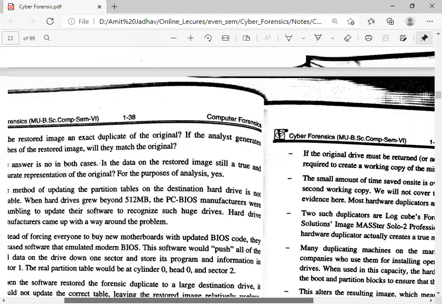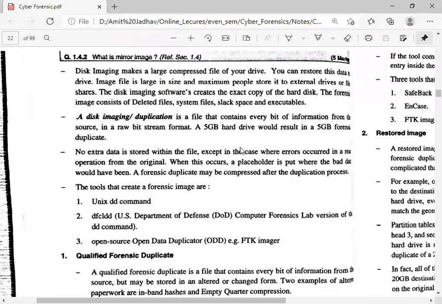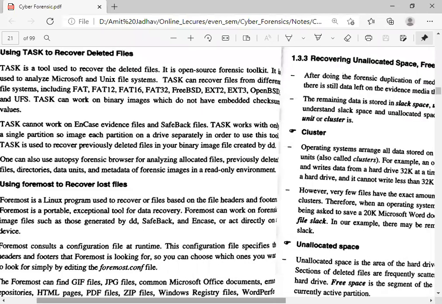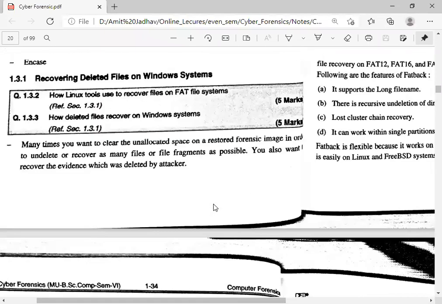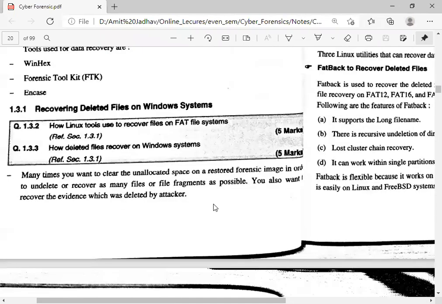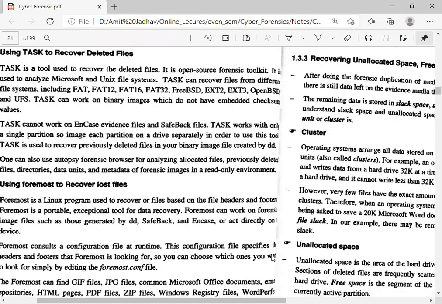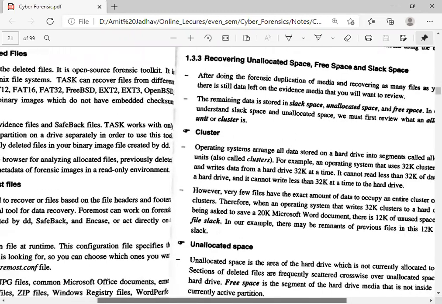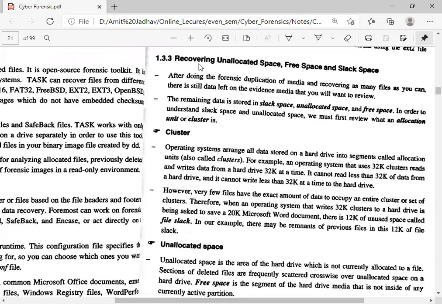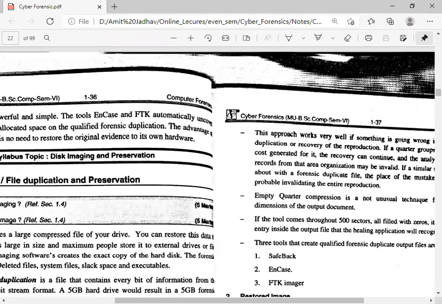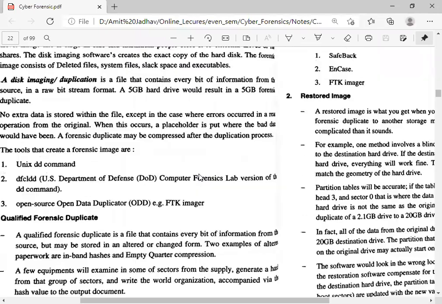Hello everyone. In the last lecture we have seen the different damages that occur on a hard disk, that is physical damage as well as logical damage, and we have seen the different techniques that we can use to recover the data from the hard disk. We also saw concepts like recovering the unallocated space, free space, and slack space. Then, what are the